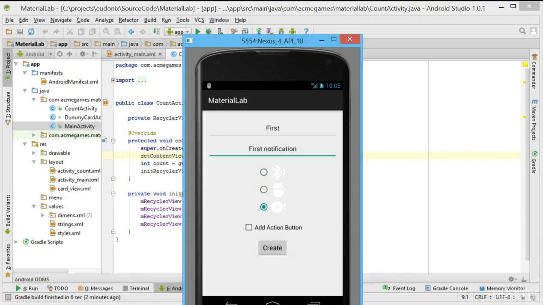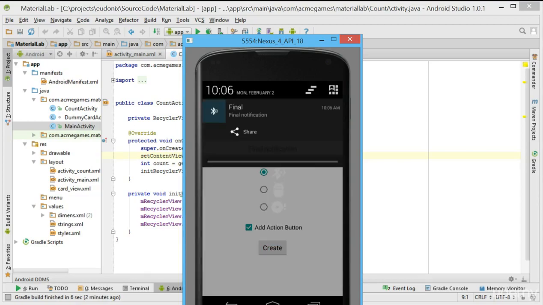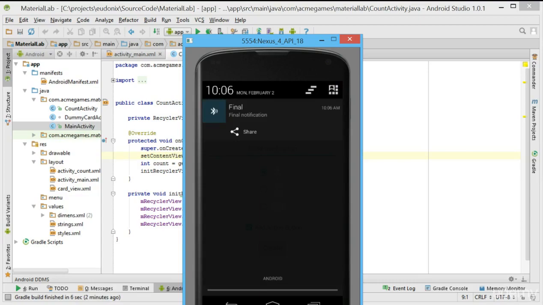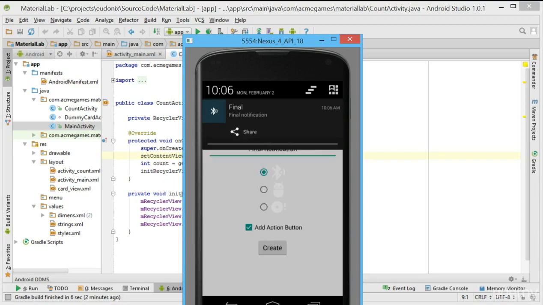We see that each time a new notification is created, it replaces the previous one since they have the same notification ID. Now let's create another notification and give it an action button. Now when we open the notification drawer, we see the action button is displayed, and when we click on it,